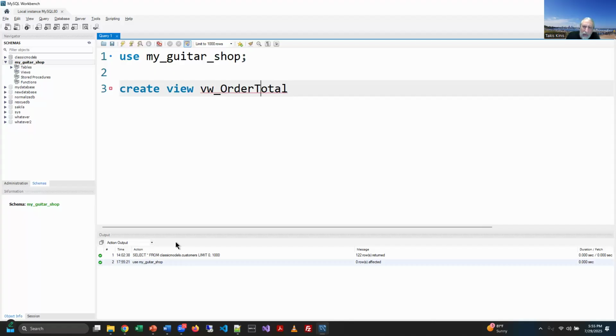I've also seen some programmers, database people just do this. They know that's a view. They know that's a procedure. They know that's a function, that kind of thing. I think the underscore helps to make it more clear though, and that's a personal preference. All right, so create view, give it a name, as, and then we write our regular query, right? So if we look at